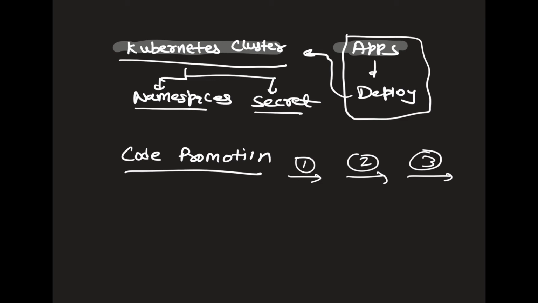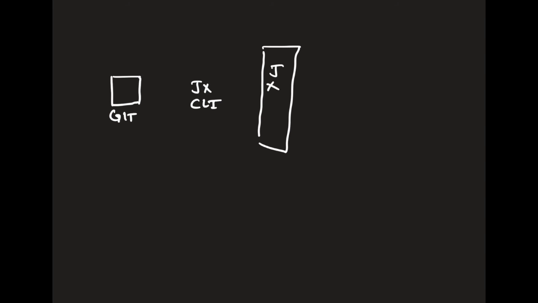Now we'll talk about how it does that. We'll talk about the internal architecture of Jenkins X. So let's say you have your application code which you have checked into your Git, right? After that, Jenkins X provides interfaces, let's say the JX CLI. So you have a command line interface using which you can configure your CI/CD pipeline, and then you have the actual JX, which is internally based on plugins. Internally it has many plugins you can think of. So let's say this is plugin 1, 2, 3, 4, 5.